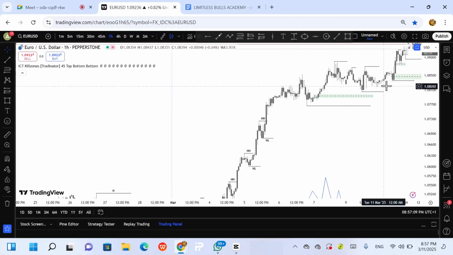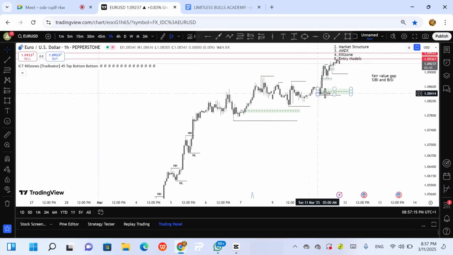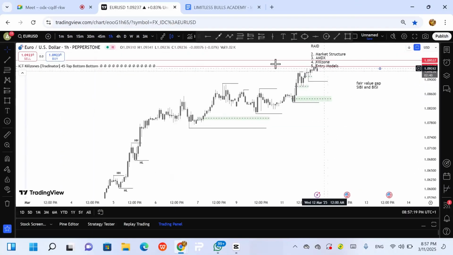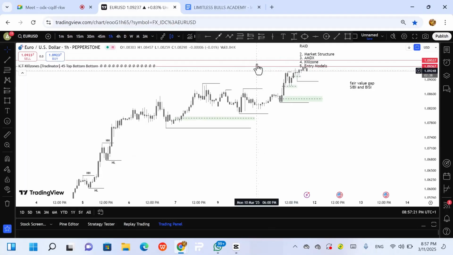Then you see this again, a kind of change of strength, a sign of strength. This is the next higher low, higher high, higher low, and then you see we just reacted from, like I was telling you, a good zone, a good liquidity zone. So what do you think the market will do? The market will move to the next liquidity.